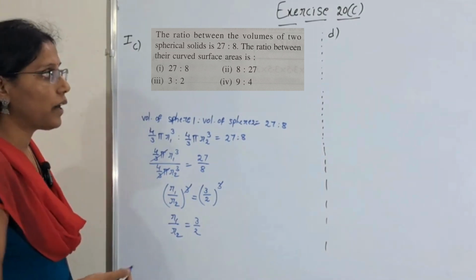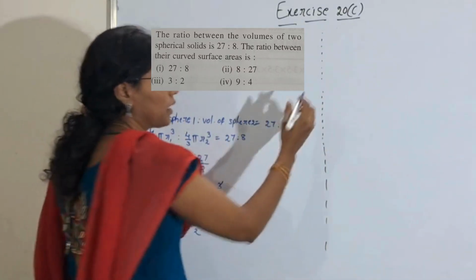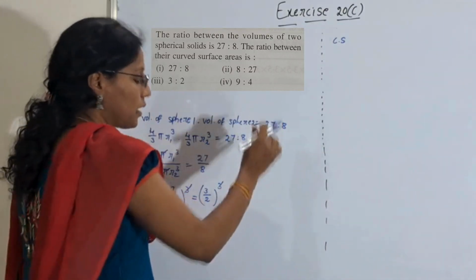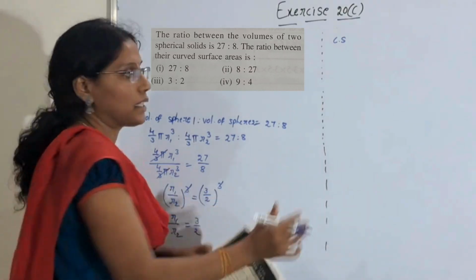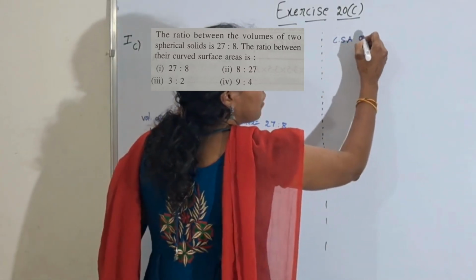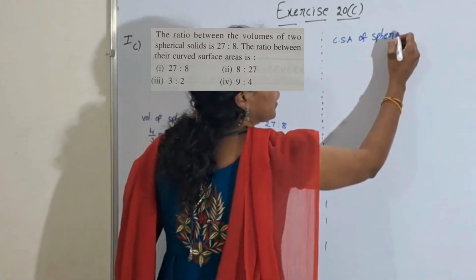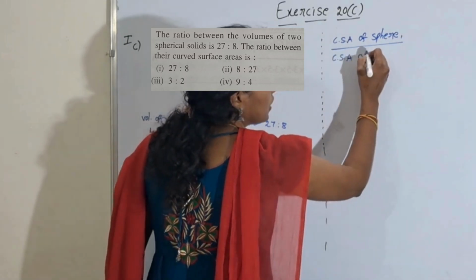Now what we have to find out? The ratio of curved surface areas. Here the ratio between their curved surface areas. Curved surface area of the sphere, total surface area, curved surface area, both same. Curved surface area of sphere 1 by curved surface area of sphere 2